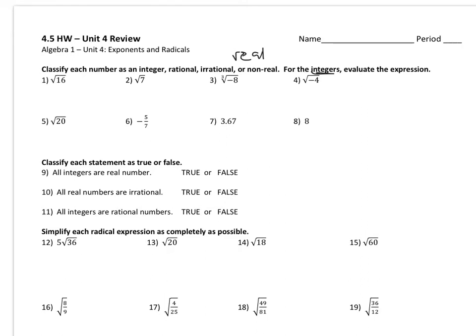The first one, square root of 16. See, it looks like a square root, so you're thinking to yourself, it's probably irrational and real. But you have to simplify first. So the square root of 16 is 4. And now that it's simplified, you'll see that this is an integer. It is rational. It is also real. Okay? Let's take a look at one like